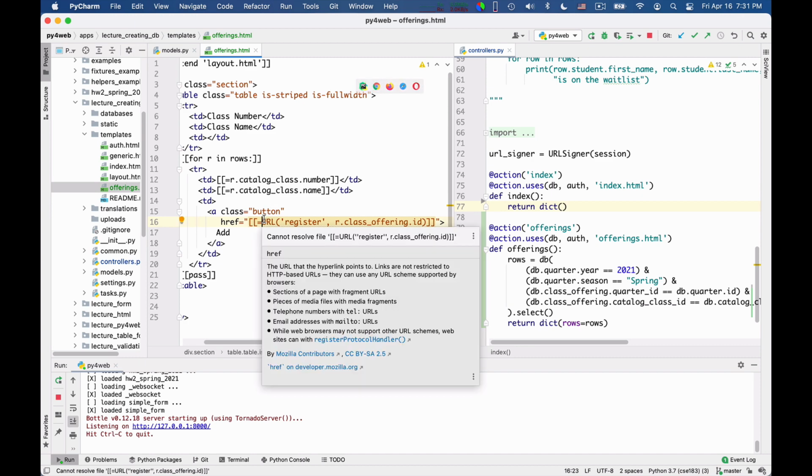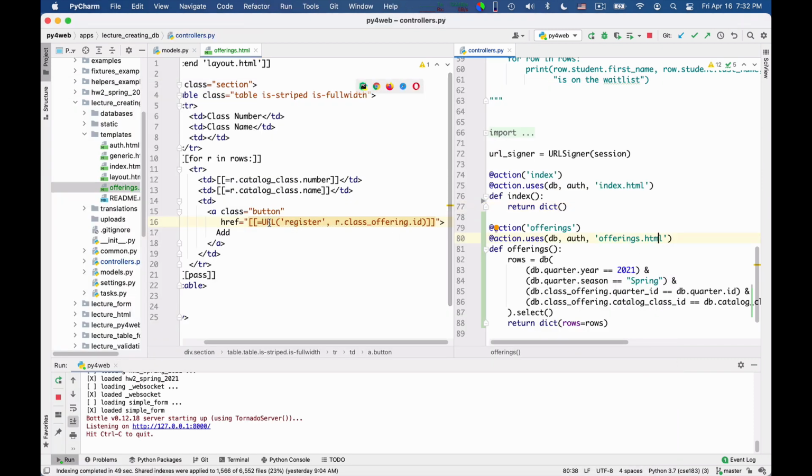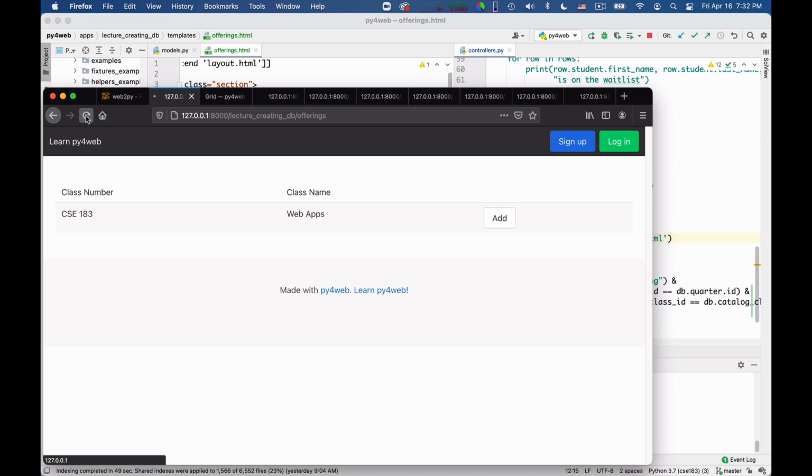You see, I could deduce it because in some way this URL that is here is meaningless. It says simply r.classOffering.id. It does not say anything more clever than that. And this again is because I forgot this equal sign, just as I have to have it here and there. So if I now simply save this and reload the page, at this point, yes, I have lecture creating db / register /1. So this works, and I now have to go do this controller.